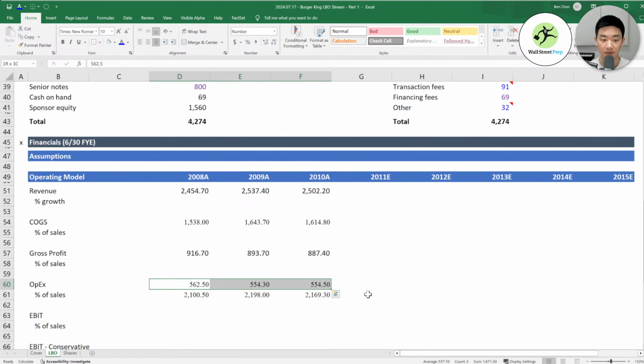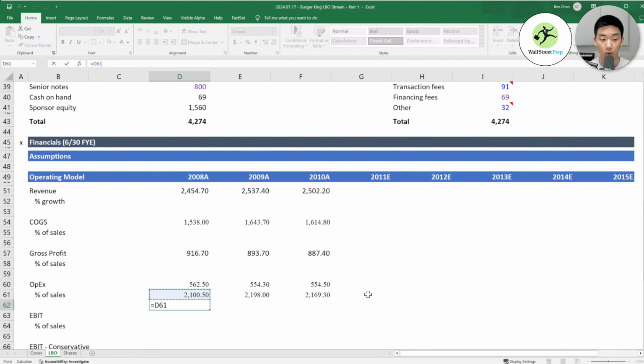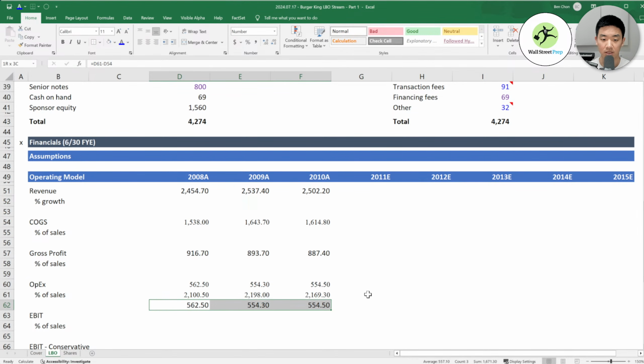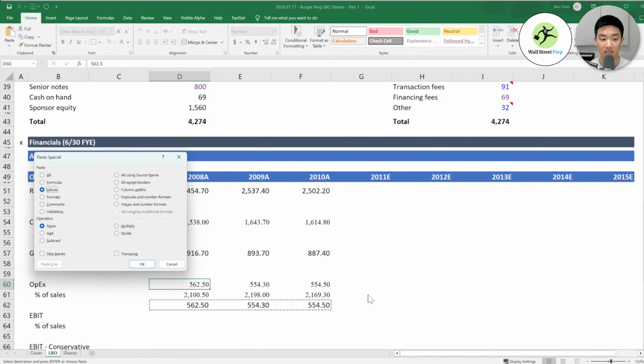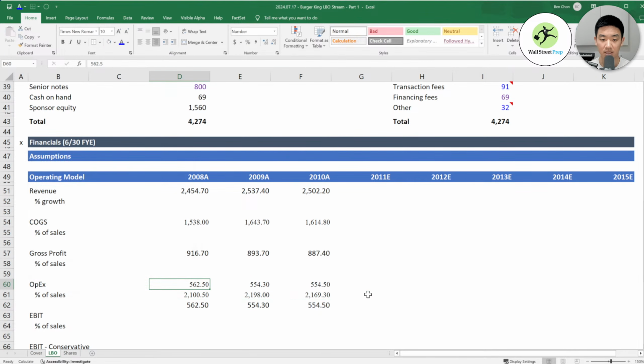So in order to get to this figure, what I'm doing is getting the total minus the cost of goods sold, right? These are the right figures. But if I copy paste this here, it's just going to copy the wrong cells, right? So what I'm doing here is Control Shift right arrow key, Control Copy, and then Alt ES V, and that pastes the values. Then I can delete all this.